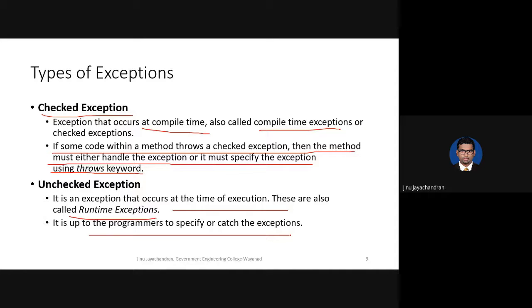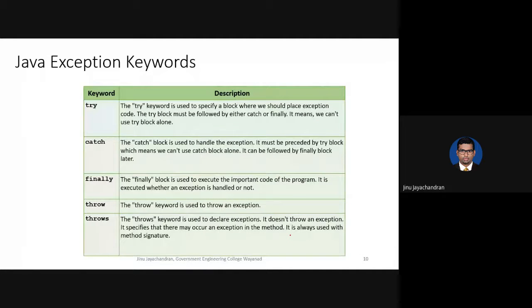Okay, so let's see the keywords. These are all called keywords: try, catch, finally, throw, throws. This we will do in the program itself. There is something called a try block in which we put the code where we feel an exception can occur. And if the exception occurs, what you will do with it will be put in the catch block. And finally, it's like a default thing. Whether or not an exception occurs, it will execute finally.